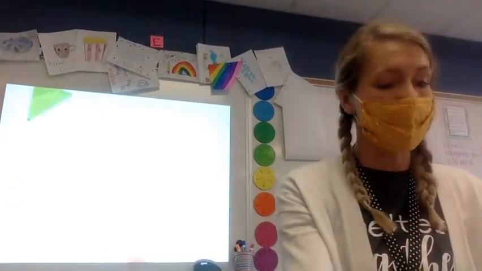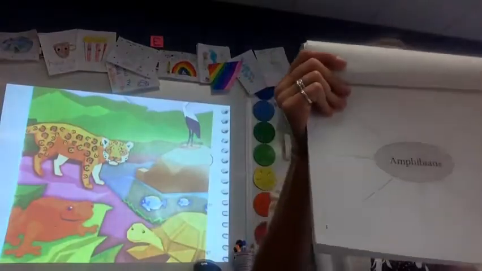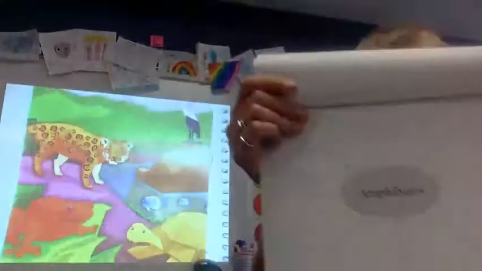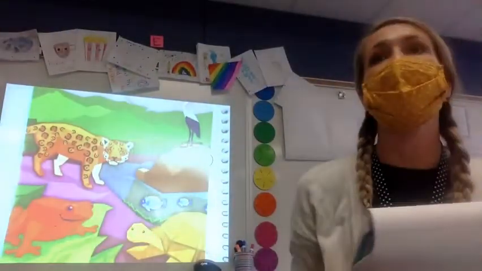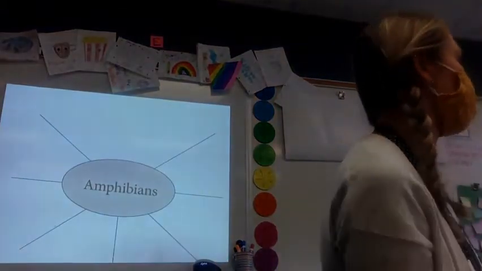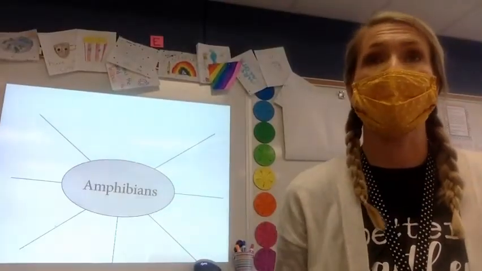We are going to be on page 65 in your notebook, the page that says amphibians. It's our graphic organizer that says amphibians. Yesterday when we filled this out, we were writing all the things that let us know that creature was